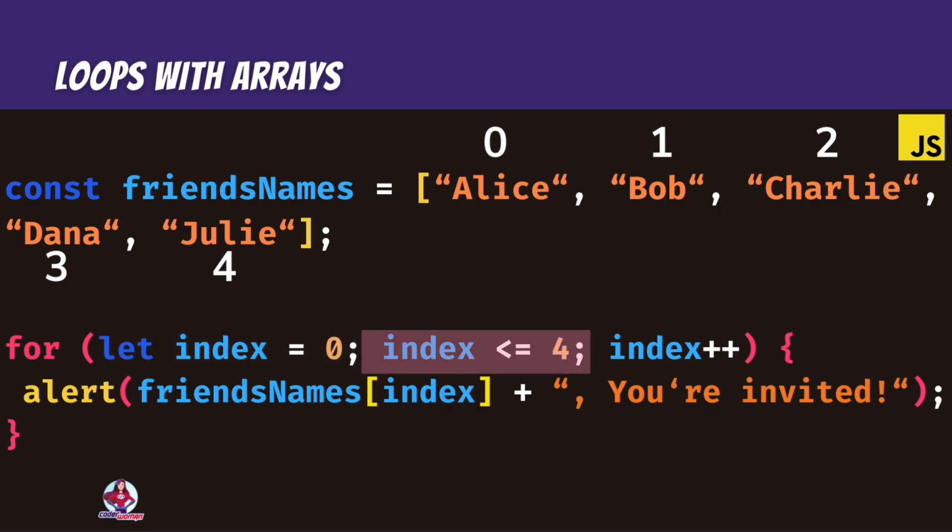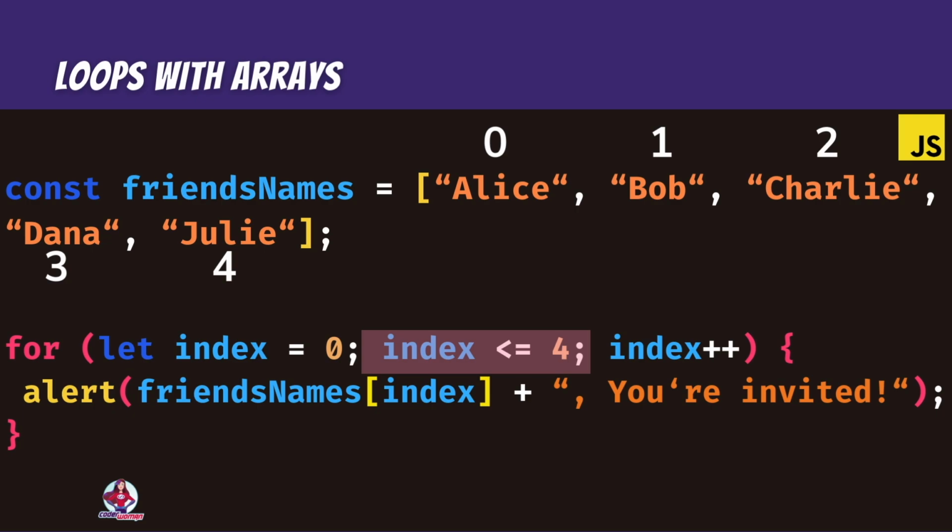We want to send an invitation to every friend. Let's count how many we have. There are 5. How do we write that? The loop should run until the index is less or equal to 4. Why? Because starting at 0 changes everything. At index 0, we send the first invitation. At index 1, the second, and so on, until Julie, who will receive the 5th invitation and her index is